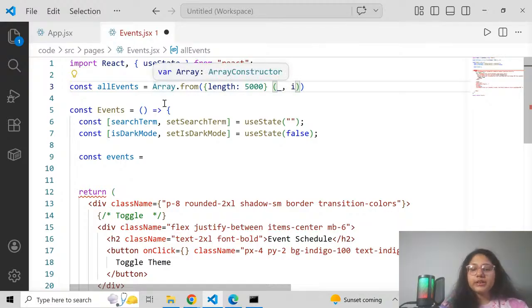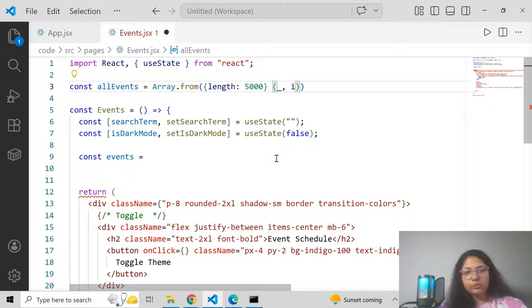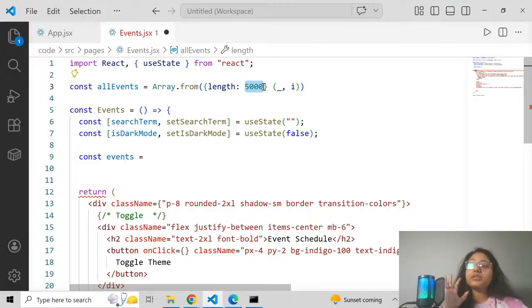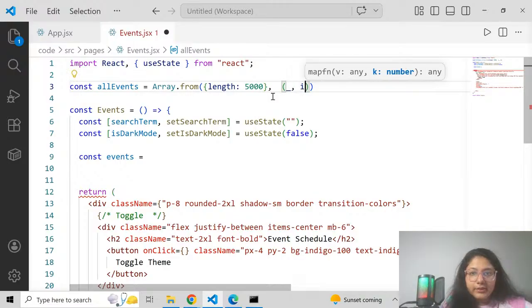So simply I'm constructing an array. In real time, we work majorly with an array of objects. For example, your Facebook data, Instagram data, Amazon, all the products are an array of objects, right? So the data that we work with, we majorly work with an array of objects. So I am saying create an array with 5,000 length, meaning 5,000 array elements are going to be there. And in that I'm going to put, let's say, comma. And here I'll say